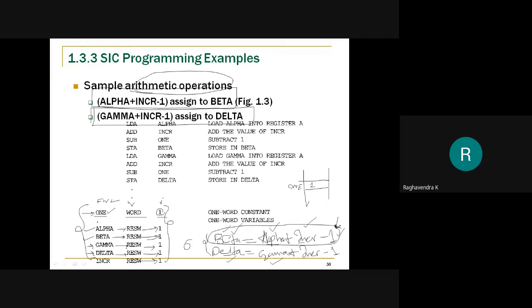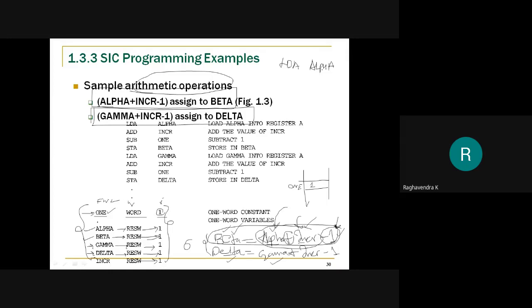Now let me concentrate on the first equation, which is beta is equal to alpha plus increment minus 1. First we are supposed to bring the value of alpha into the accumulator, then add it with increment, then subtract 1 from whatever we get. So first let me load the value of alpha into the accumulator. Remember, the accumulator has to be present always to perform any arithmetic operation.